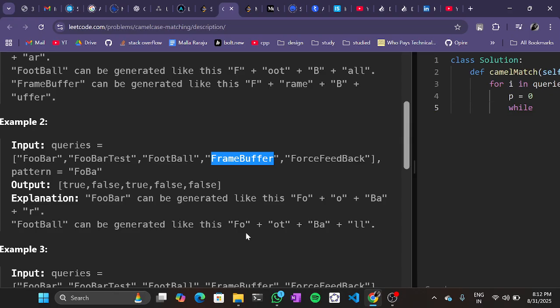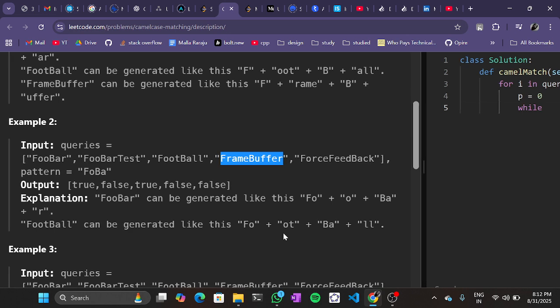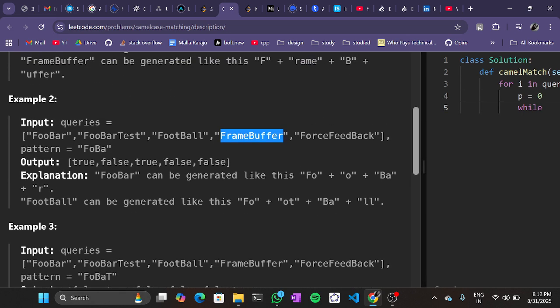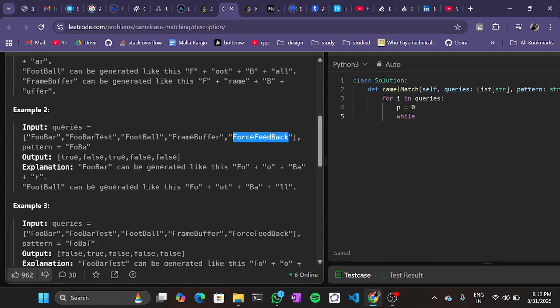Then like Fo ot plus Bl. Wait a minute guys, let me recheck. True. Okay, false for FooBarTest, true for FootBall, false for FrameBuffer, and ForceFeedBack. Fine. While p is less than the length of i,